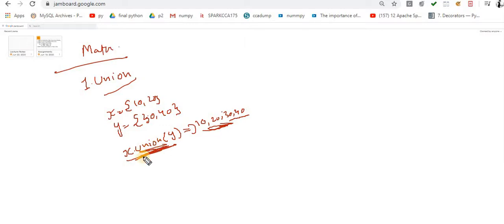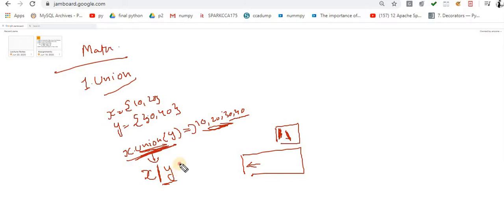If you are not comfortable writing union, you can use x pipe sign y. The pipe sign is on the key above the enter key, with the backslash, so you use shift plus this key.